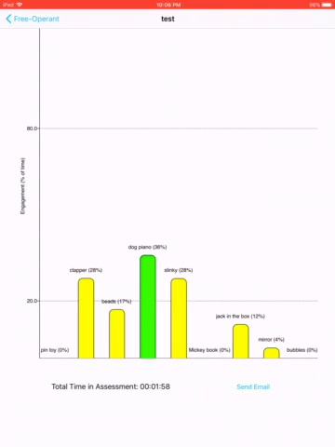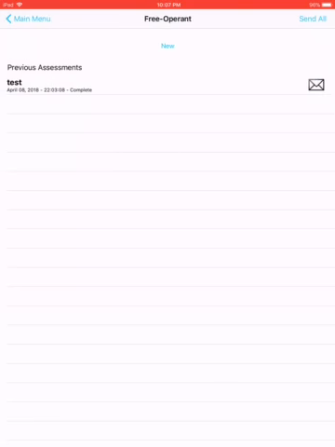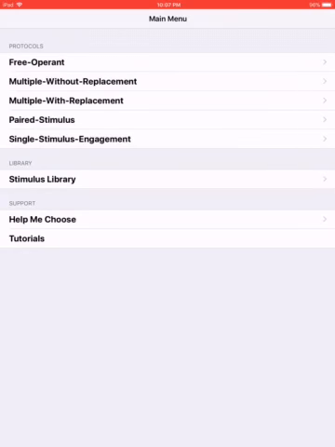So this gives you a really nice quick way, especially for running free operants. I love this, but it also gives instructions on how to run any kind of assessment. Going back here to the menu, you can use this app to run free operant, multiple without or with replacement, paired stimulus or single stimulus. You can keep a stimulus library handy on your iPad. And then down at the bottom there you see tutorials. They have some really nice video tutorials on YouTube about how to run each of these assessments. So if you'd like to see an example of an assessment, they have some really nice videos for you to